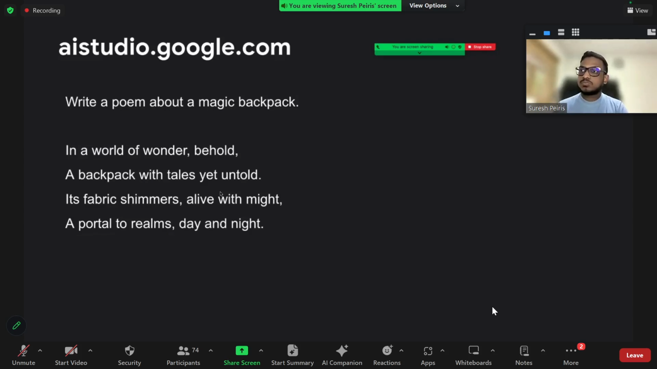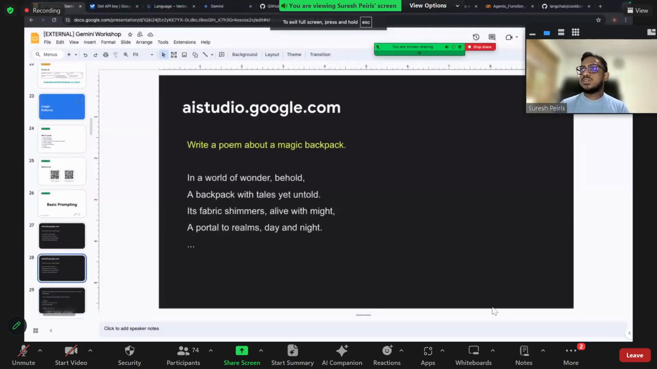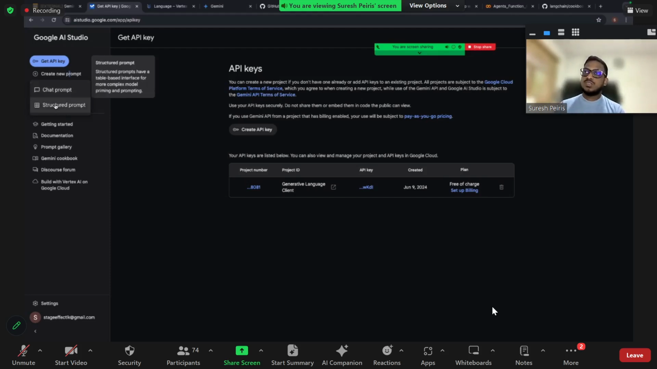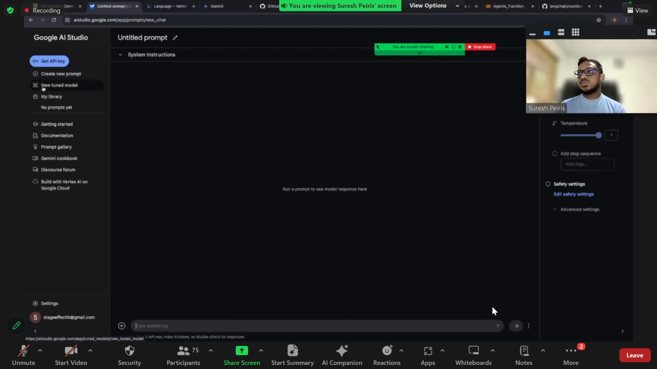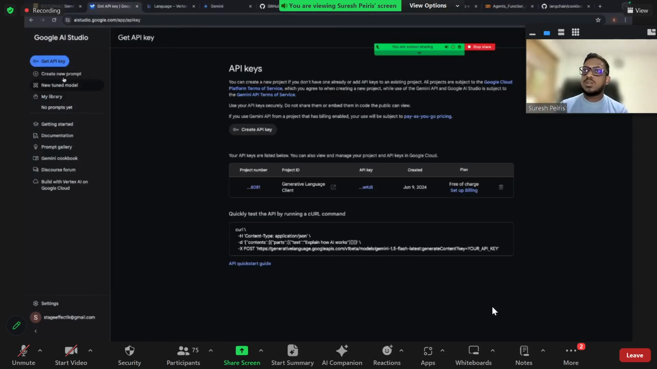And let me give you another example. Let me do it in a way that you understand along with AI Studio. Under the AI Studio, you can see there's an option saying create a new prompt, right? Once you click on that option, it gives you two options. The first option is called chat prompt and the second option is called structured prompt, right? If you're looking at unstructured data, like I said earlier, you can use the chat prompt, but if you're